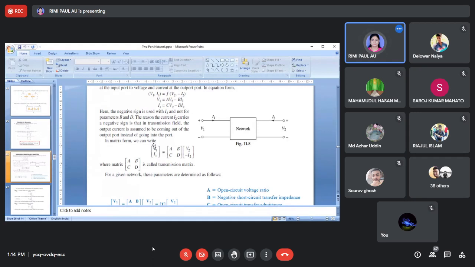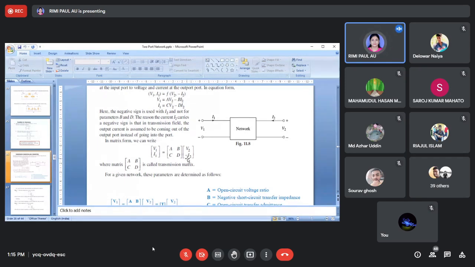Suppose we supply voltage here, so due to this supply voltage, current is flowing. Now we consumers take another voltage, and due to this voltage we are getting another current. This current is entering a load, which is why we take it as minus I2. All networks take I2 as entering the network, but now it is entering the load, that's why we take minus I2.